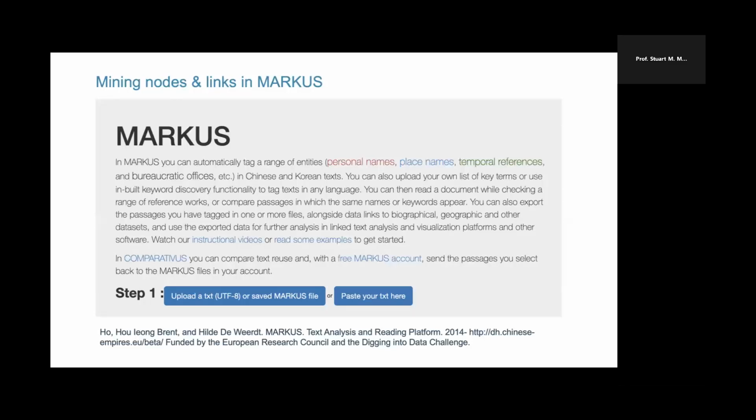The reason why I use MARKUS is that for this full text, after I gain the plain text, I need to make it into a machine readable format. A machine readable format means I have to let the computer recognize, oh, this is a personal name, this is a place name, and this is maybe an entity or a term related to trade activity, which is a pre-step for the visualization of networks. So for example,